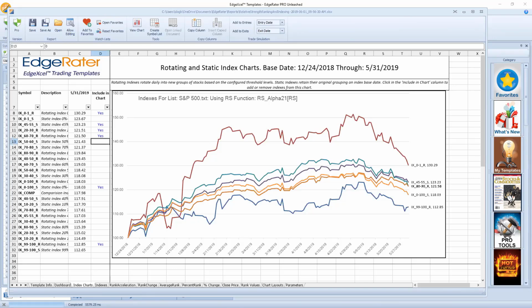Okay, so this template is in the Pro Tools category, and it's really just a way for you to do your own measurements of ranking functions. Whereas something like the Morales Catcher Red Blue template and other templates like that are more scanning templates that are looking for very specific criteria, and then showing you that in a sortable report. But they're not really doing